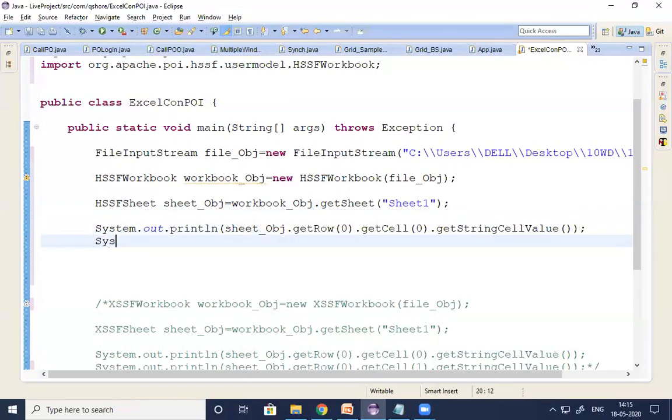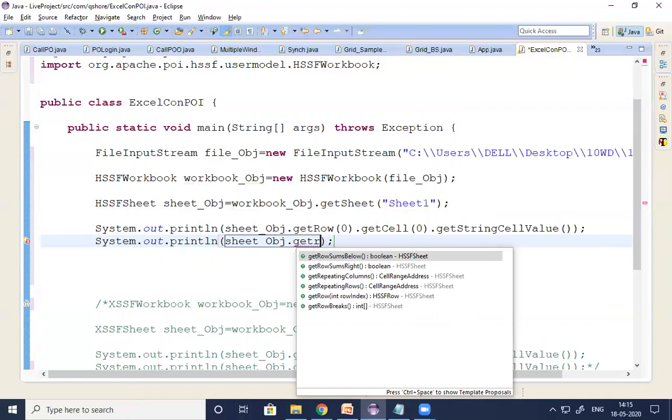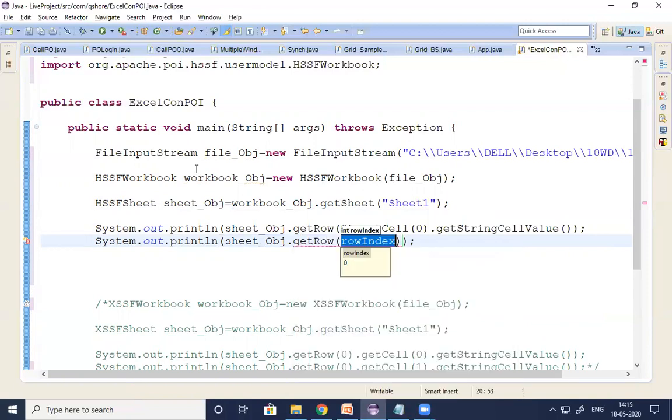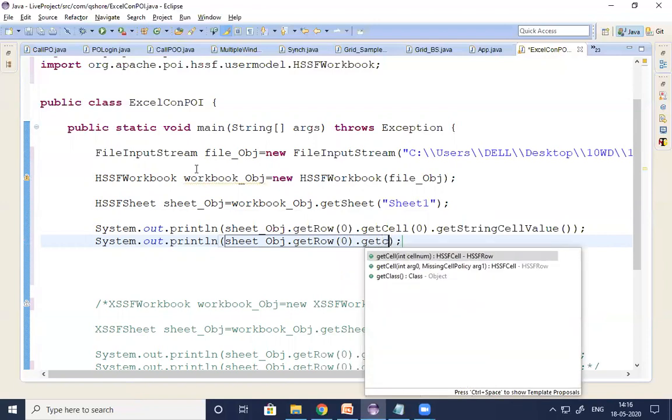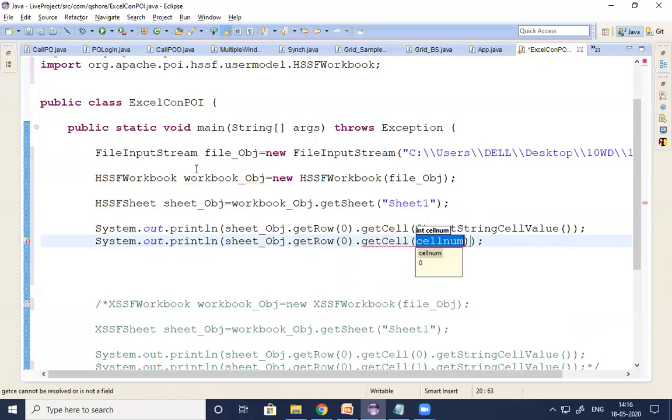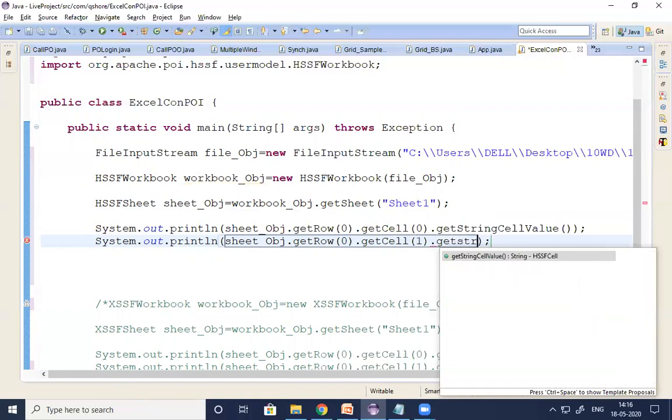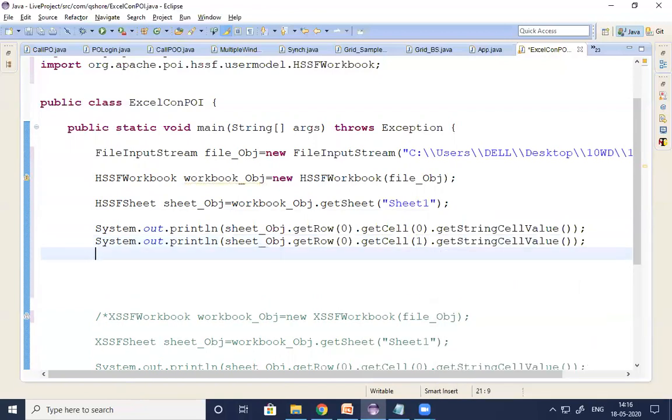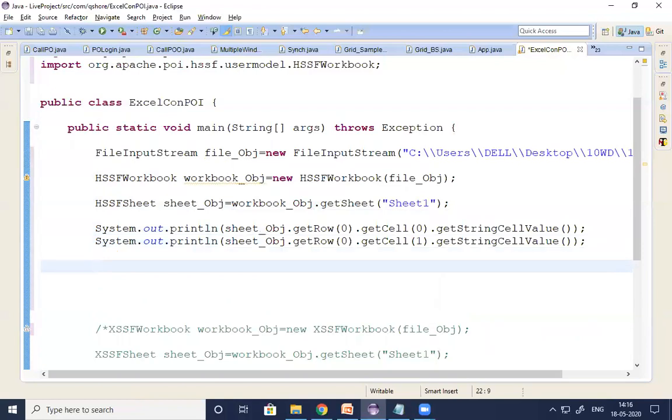Next one again, system dot out dot println sheet object dot get row of 0, row number is the same, dot get cell of 1, dot get string cell value. This is how we connect to the older format of Excel and read the data from .xls format, guys.